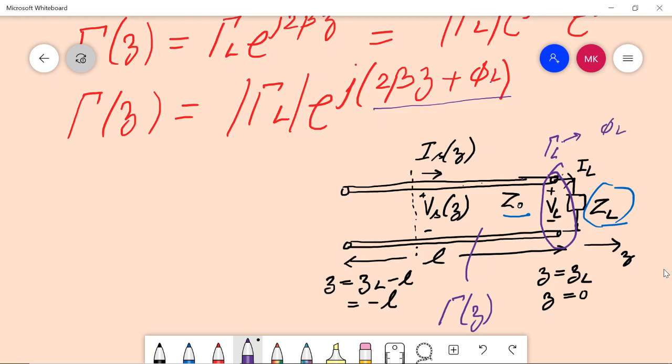But when you move along, due to this part, the phase will change. So at Z equal to 0 it will be phi L. Then you move in the negative Z direction, because the Z direction is here. So when you move in the negative direction, the phase may change. So as you move over this transmission line, the phase of this reflection coefficient will be different. However, the magnitude of this reflection coefficient remains the same, and whatever initial magnitude you have, you will have the same. This is the case for the lossless line.